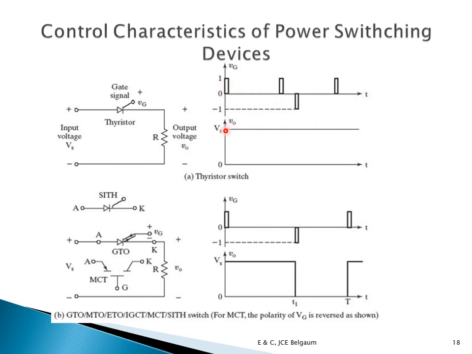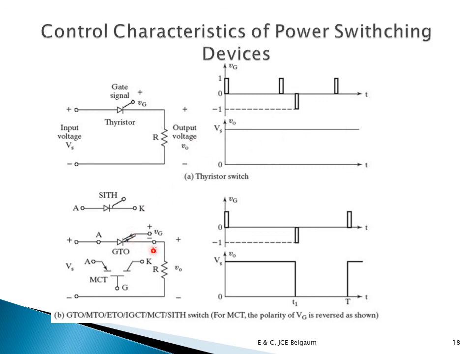Okay, so even once it becomes on, even if I give once more a gate pulse here, it has no effect on the output because the gate loses the control. This gate will lose the control over this thyristor once it turns on at t equal to 0. So if I give any number of times after that, it will not have any effect on the SCR or this switch. Even if I give a negative voltage, negative gate current to this SCR, it will still remain on only, and the output will be connected to the input. What is the input? Vs. So what is the output? The output also will be Vs.